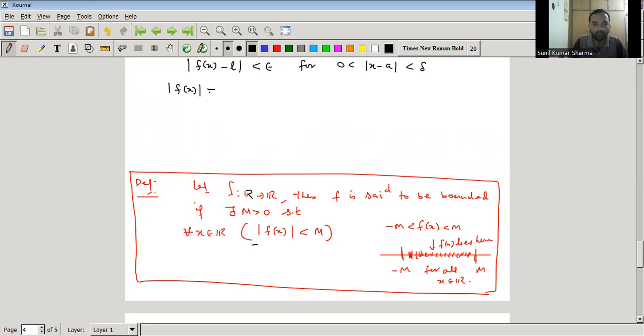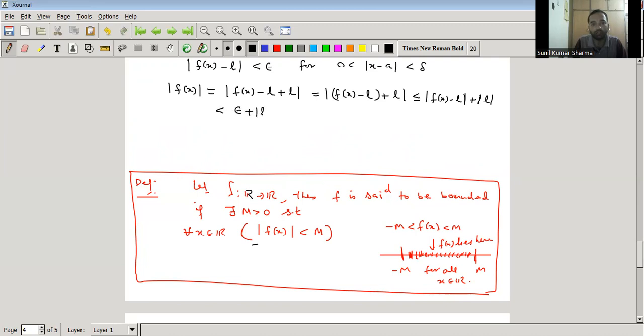So again, we use the curly leaf concept. What we do, we add some number and subtract some number. Again, we can write this in brackets, we can make the pair. This is less than or equal to mod f(x) minus L plus mod L. We use mod A plus B less than or equal to mod A plus mod B, and this is less than epsilon